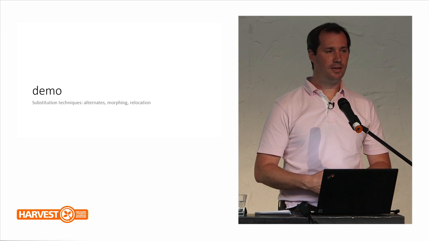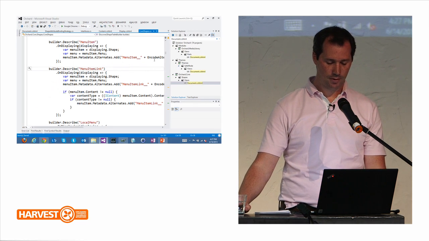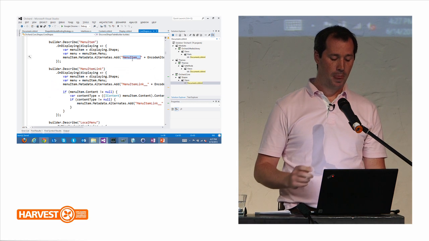Substitution techniques. So alternates, morphing, and relocation. So alternates is a way to define